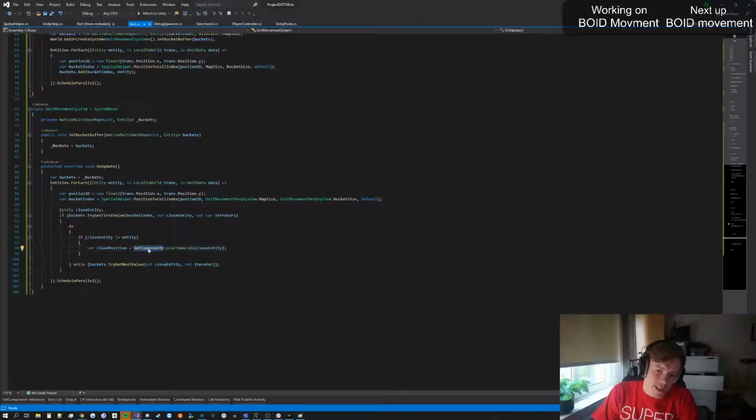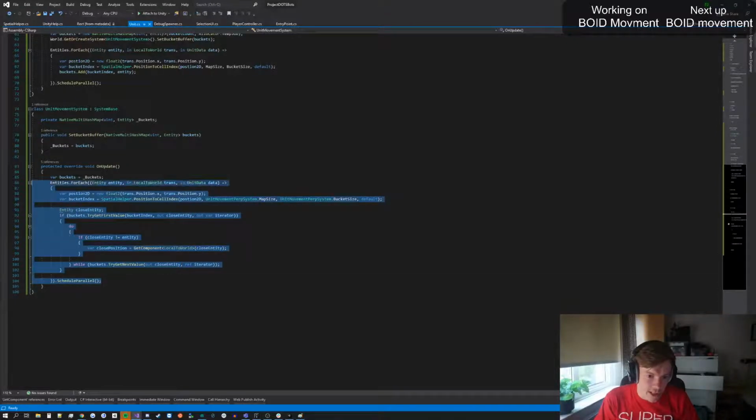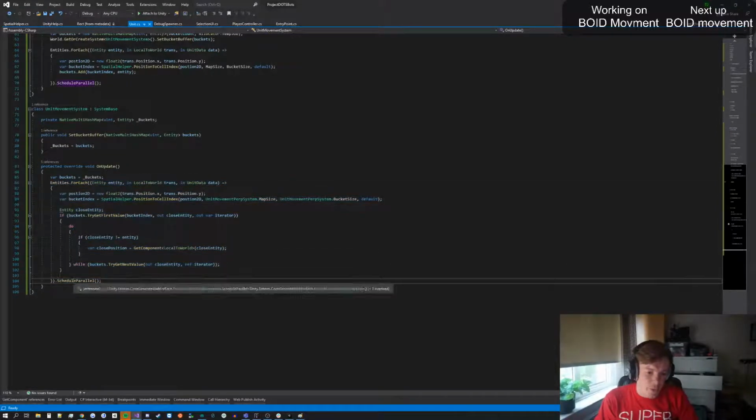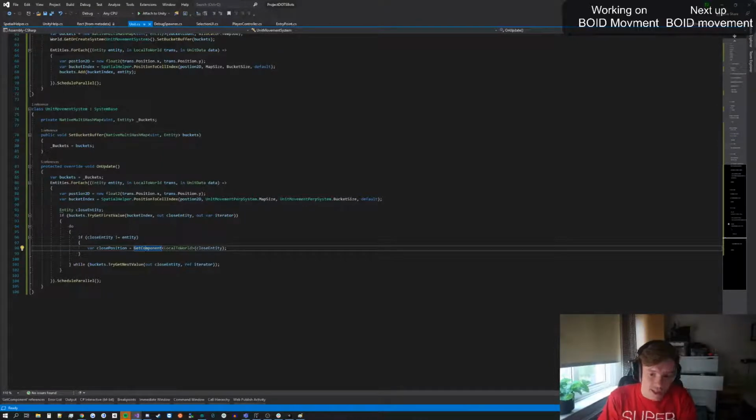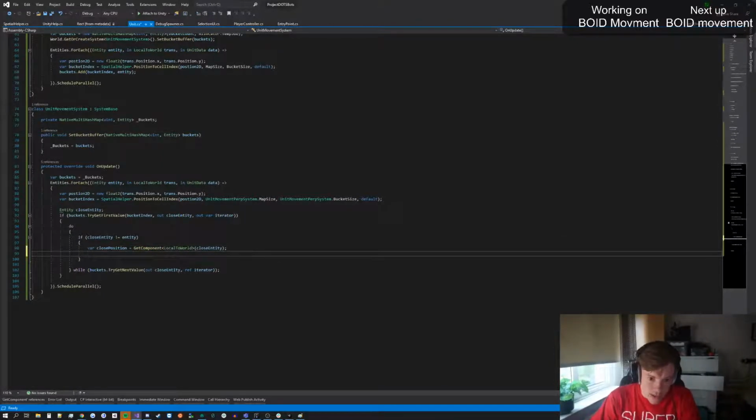So this get component, Unity will automatically translate that into the appropriate way of getting the component from this entity, considering the context of the loop. And it's specific for schedule, parallel versus run versus other versions of the for each loop. So that's why I use get component. That's a little bit of a magic trick. It generates code based on the context of the code. Anyway, we have the close position, and then we can do something